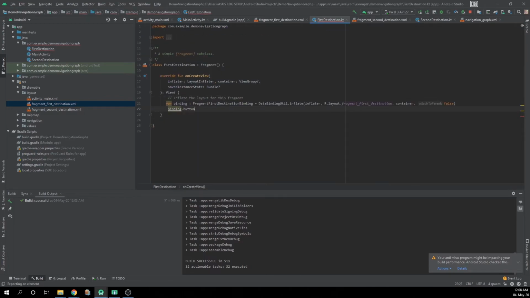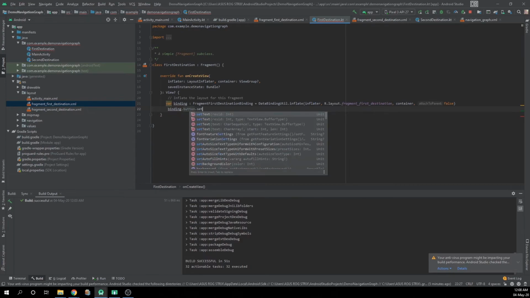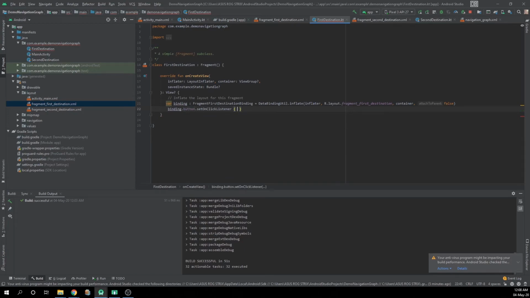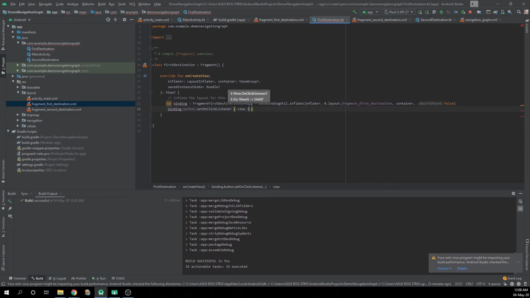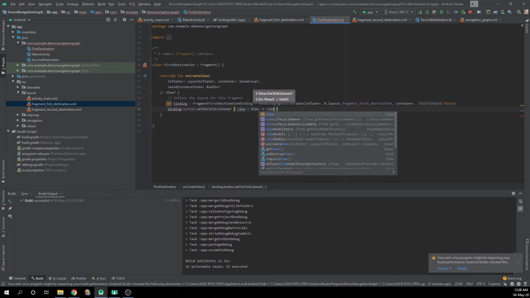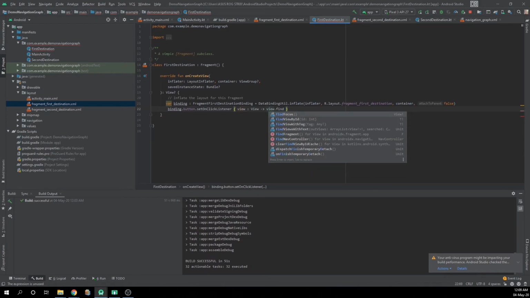If you press dot, then button, then dot setOnClickListener, then you need a view, view dot find